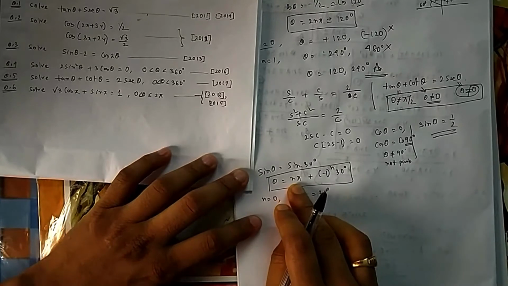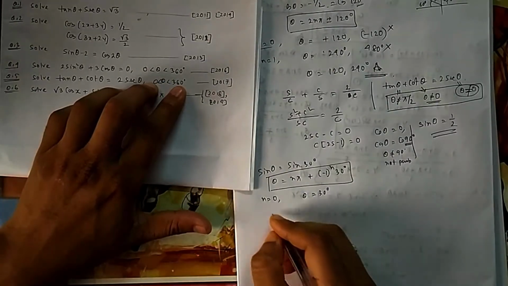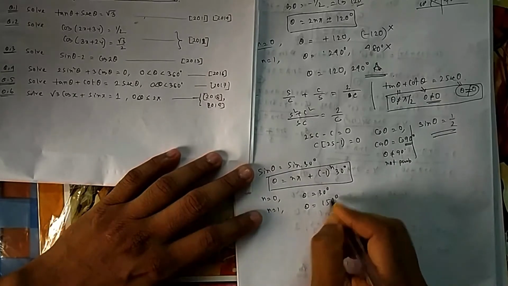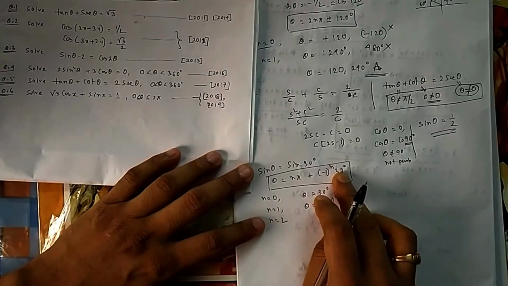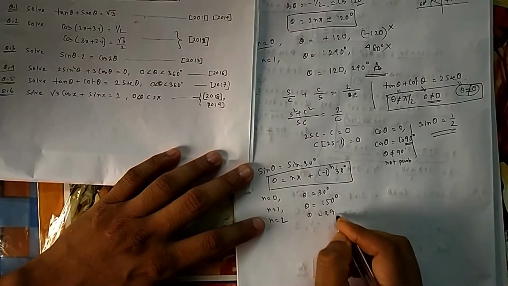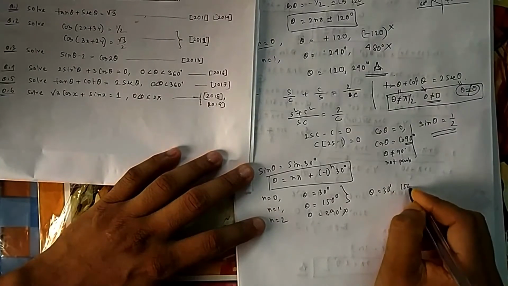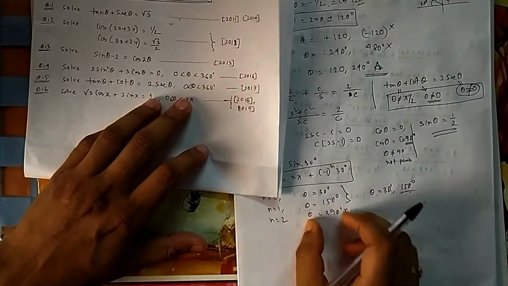N equal to minus, it will go negative, but negative is not my answer. My answer should be between 0 to 360. So n equal to 1, your theta will be equal to 180 minus 30, that is 150. If you take n equal to 2, then it is 2 pi, 360 plus 30, 390 it will be, but 390 you cannot take, so your answer is theta is equal to 30 and 150, because you have to write the answer between 0 to 360. If they give theta between 0 to 720, then you should have gone a little bit further to see all other values.